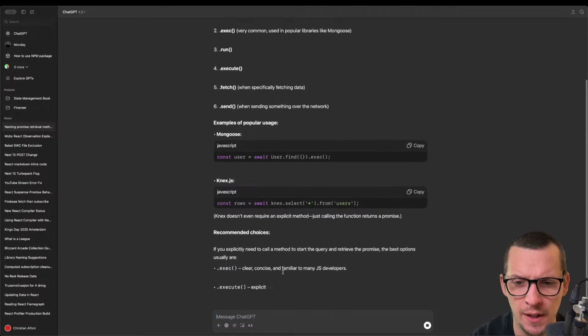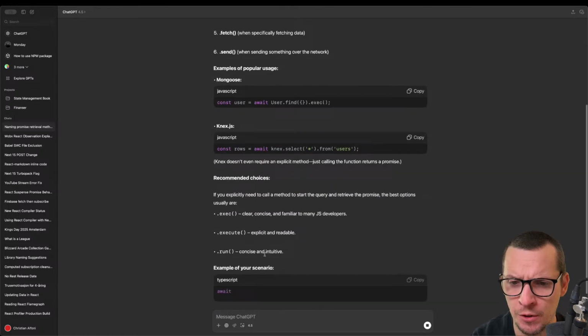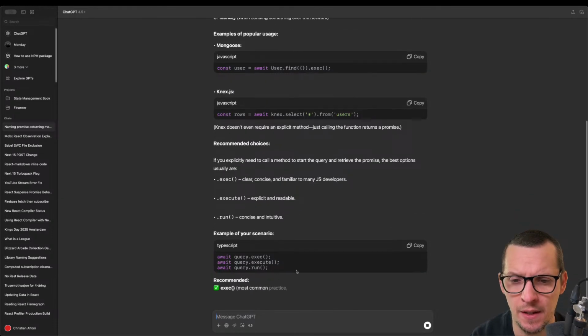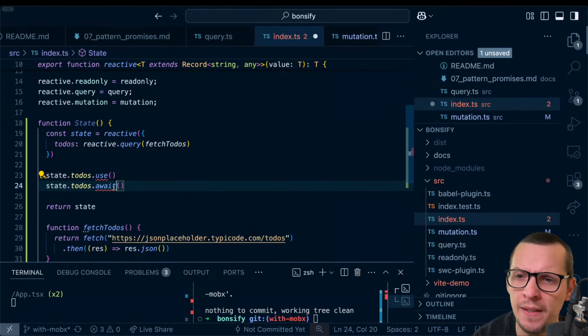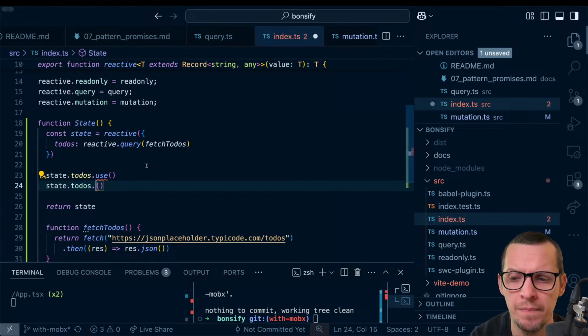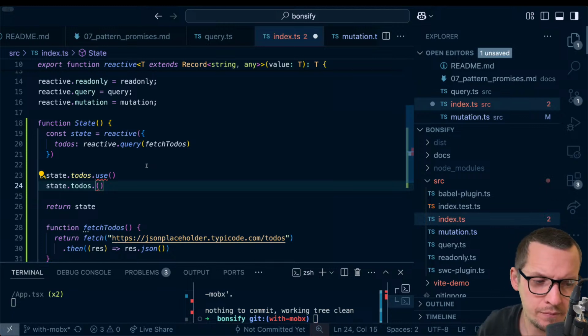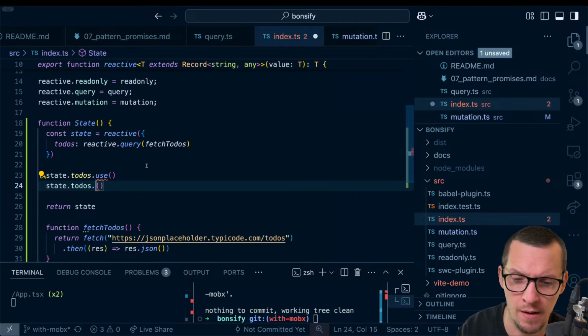Exec. I don't like any of these because they're not actually executing anything. My problem is that the method should not reflect executing anything. It is grabbing the current promise of. Yeah, it's like, it's not even the promise, it's the, so we are,